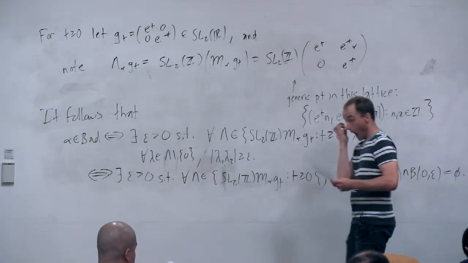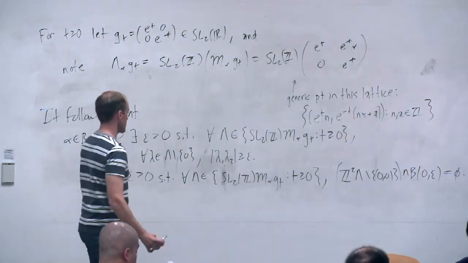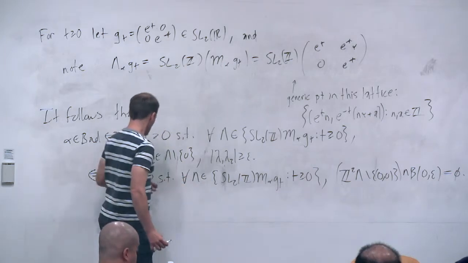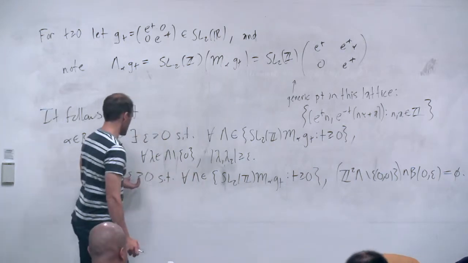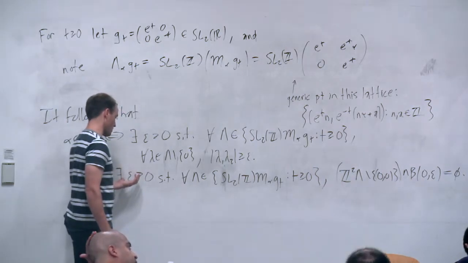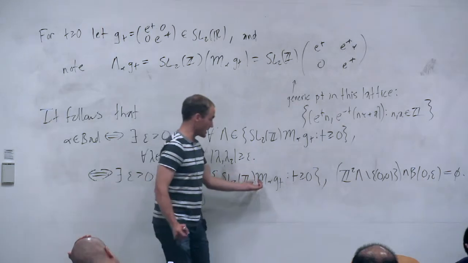Okay? Do you understand this? There's a lot of quantifiers, but basically these are all different ways of saying the same thing. Let me tell you what the last statement says just in words one more time. To be in bad epsilon is equivalent to the statement that when you take your lattice and you consider